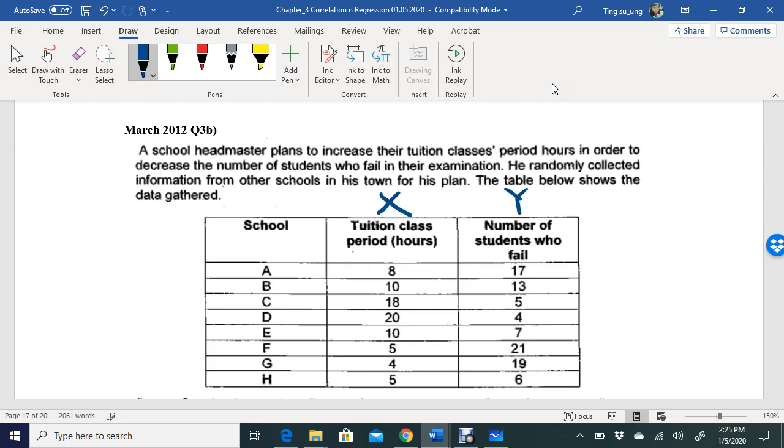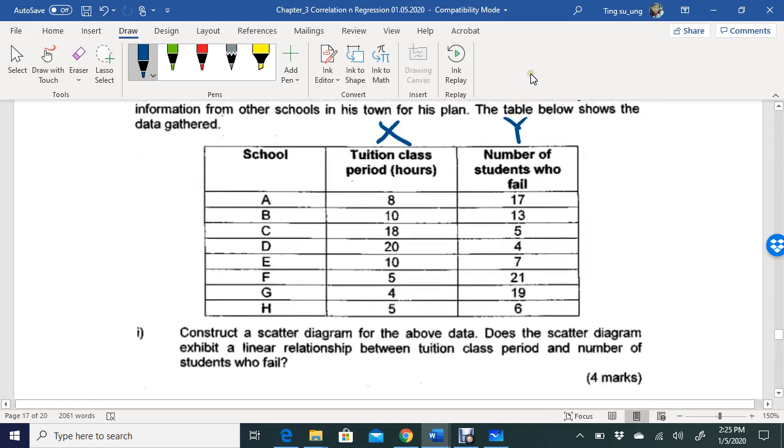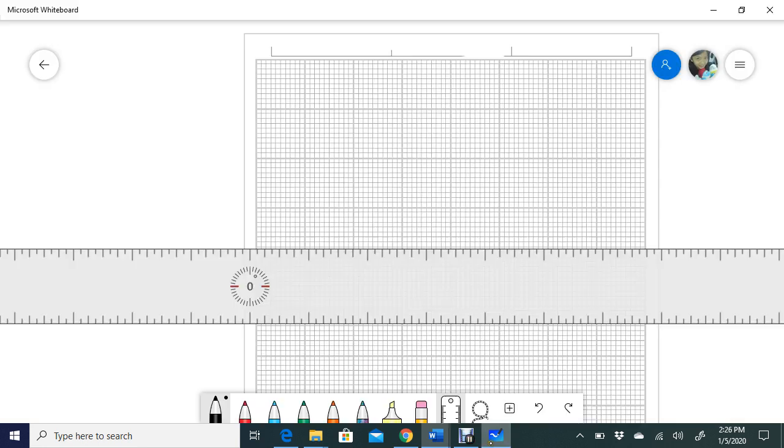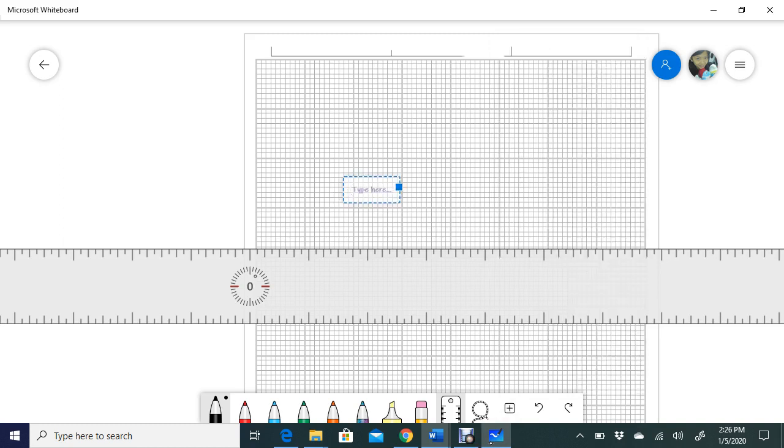Please highlight the important things here. Look at the first one. The question asks you to construct a scatter diagram for the above data. Does the scatter diagram exhibit a linear relationship between tuition classes and number of students who fail? For this one you may need graph paper. So take out your graph paper. Assume that this is your graph paper. As usual, always remember to write in your